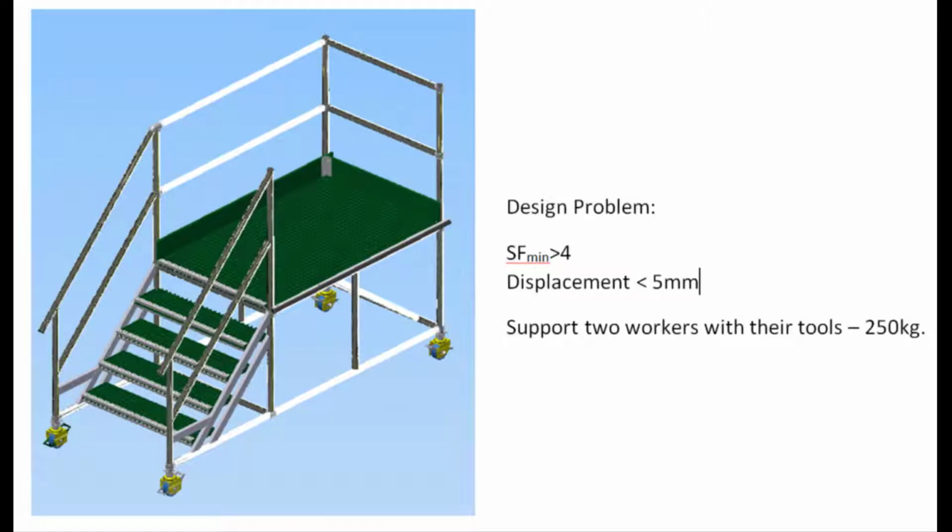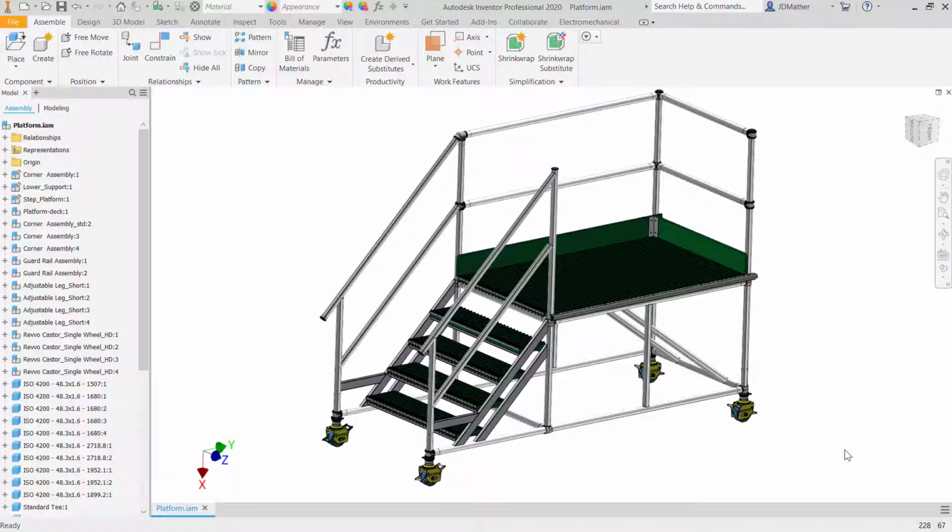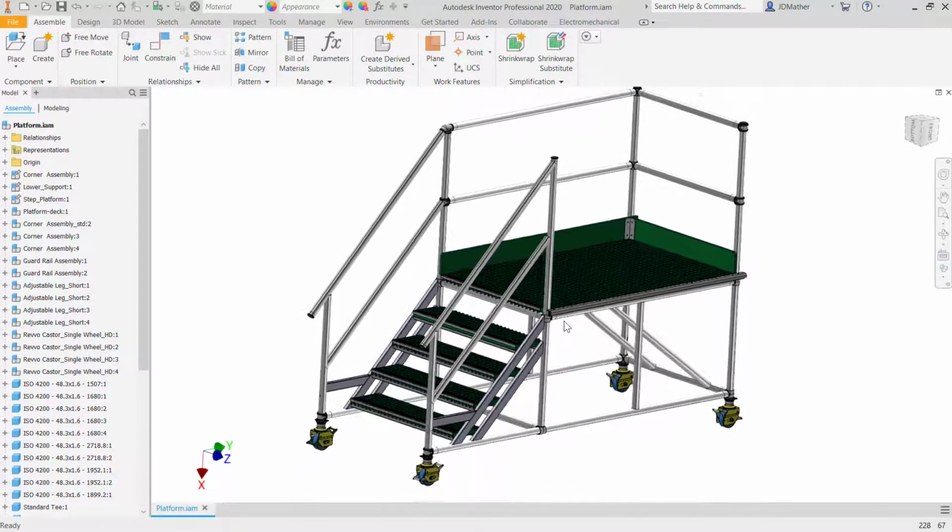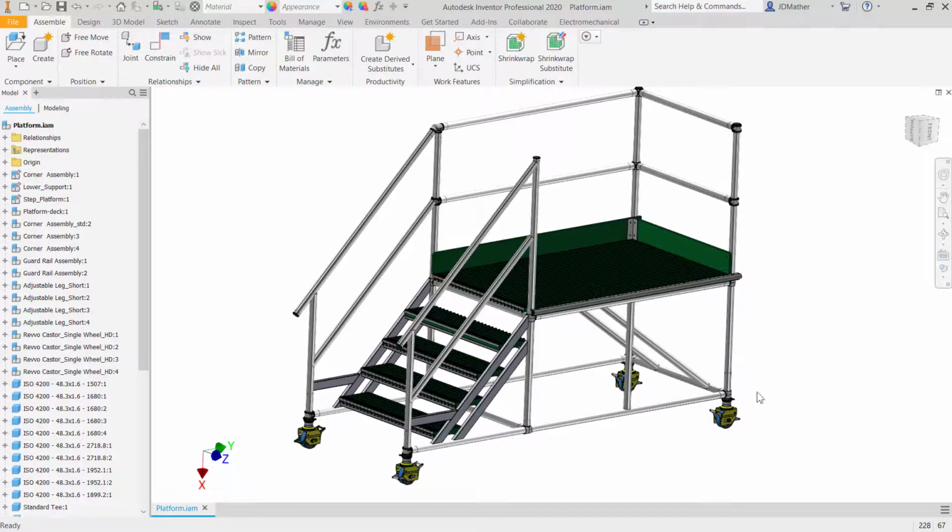For this problem, we want the platform to support 2 workers and their toolboxes, with a displacement of less than 5 millimeters in any location and a safety factor greater than 4. This work platform is used in aviation mechanics, where the mechanics would roll this up to the airplane and then